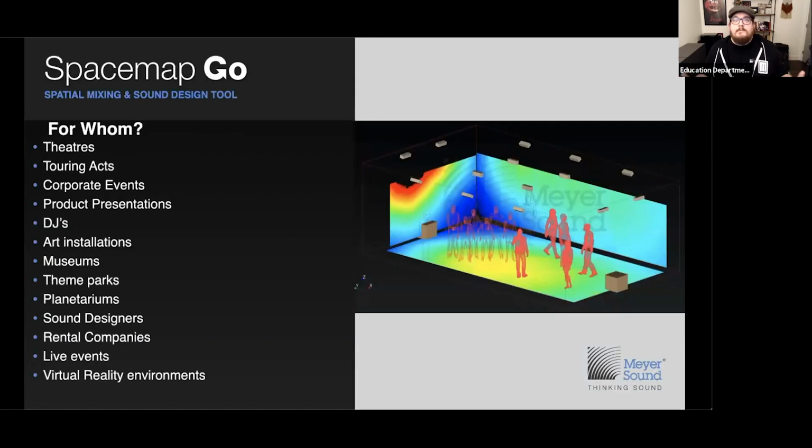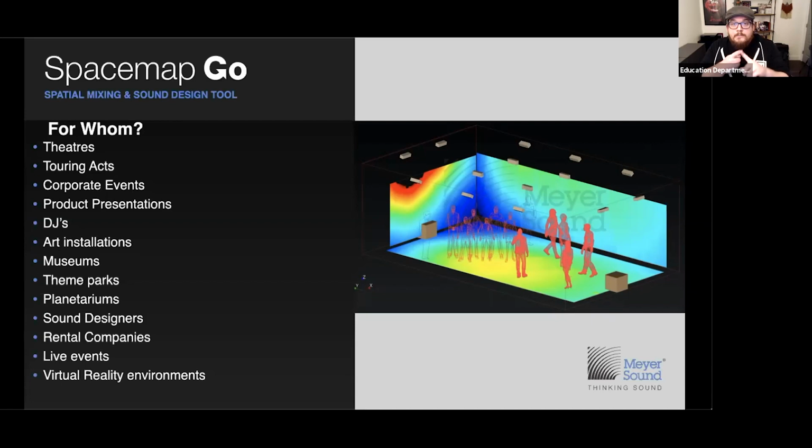There are tons of applications for Spacemap Go. The way I like to think about it is any place you have a Galaxy or are using a Galaxy and have loudspeakers connected, you can actually utilize Spacemap Go. There's a lot of markets, as you see on the left, and use cases for Spacemap Go. But if you just have two channels, a left and a right, you can actually still use Spacemap Go to pan sound left and right. And while surround sound and immersive formats and the fundamental physics of system design still apply,